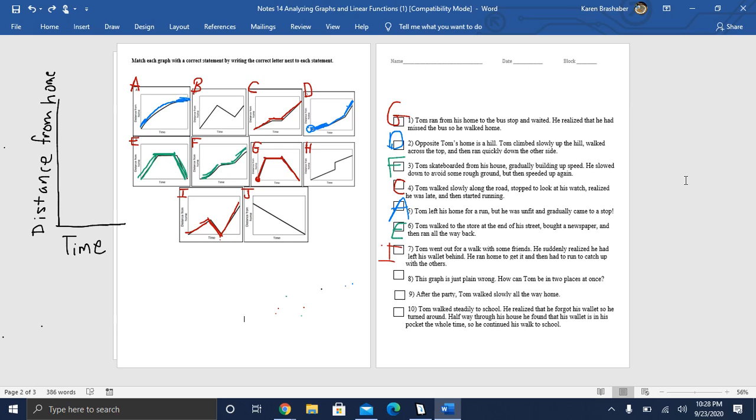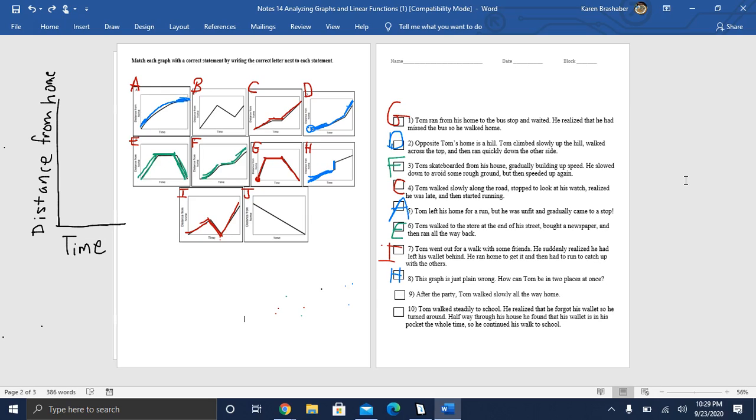It says, this graph is just plain wrong. How can Tom be in 2 places at one time? All right, that is graph H. So let's think about why that's described as being in 2 places at one time. So we see that he's, it looks like, getting further away from his house, and see how this takes time. And I've been trying to keep saying that. But then right here,